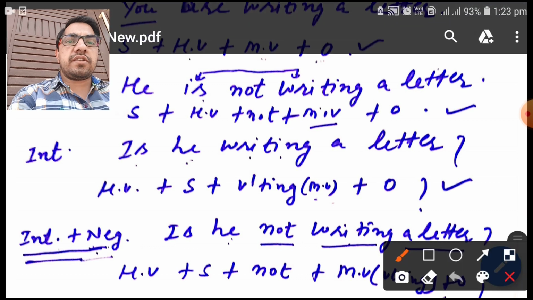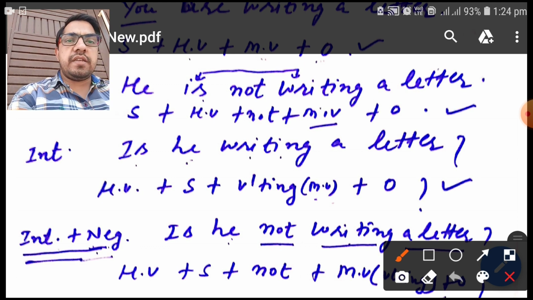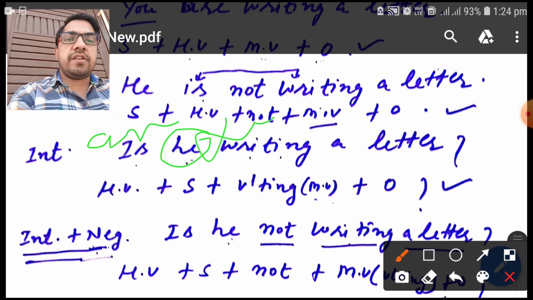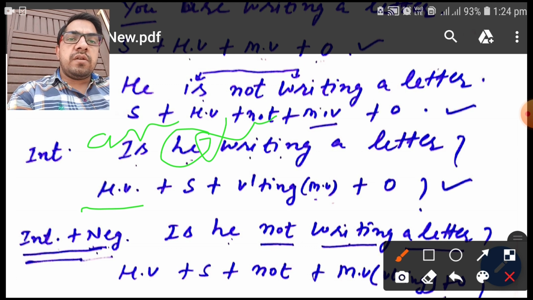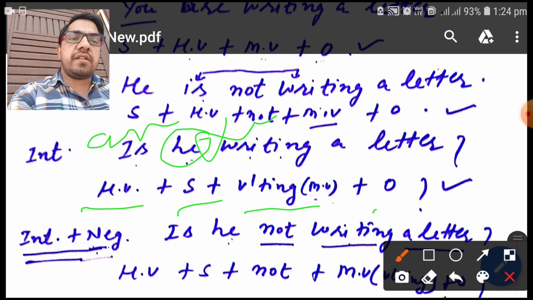Now this is the structure of the interrogative sentence of present continuous. Is he writing a letter? If we write I, then we should use am. If we write you, then we should use are. In an interrogative sentence we should write in this way: first of all we mention the helping verb, after that the subject, after that first form plus ing, after that the objective part of the sentence, I mean the rest of the sentence, and at the end of the sentence an interrogative mark.